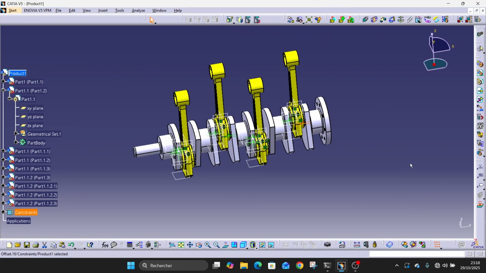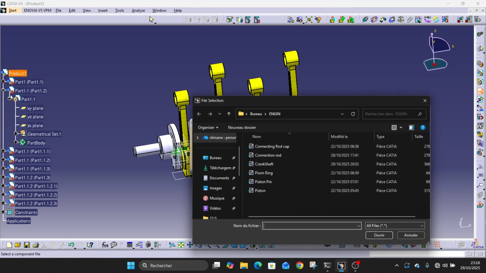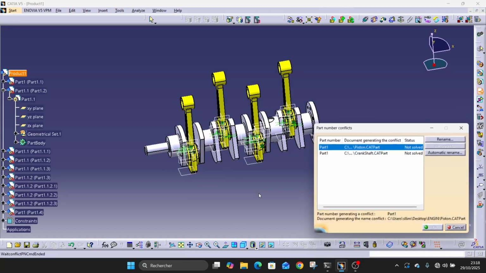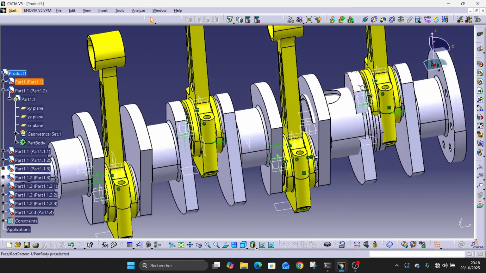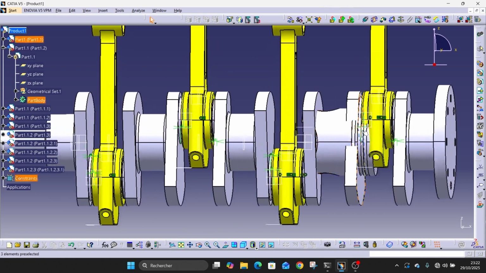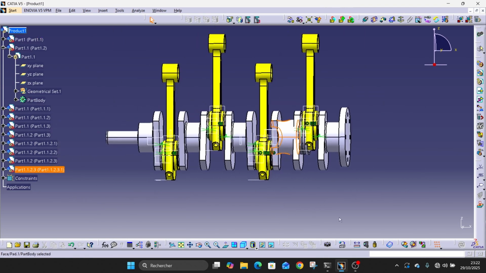Then we will import the pistons. Sorry. Let's import the first piston. We will automatically rename it 3 or 4 times. I don't know. This is 3 times. So where is it? It is done. It is here. So let's move it